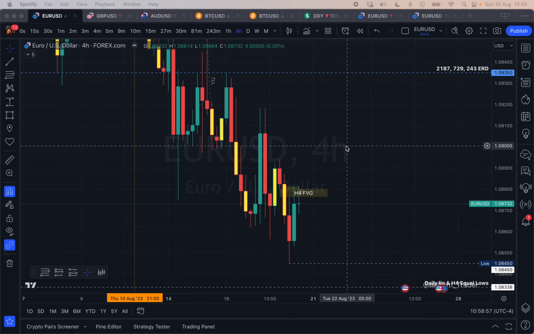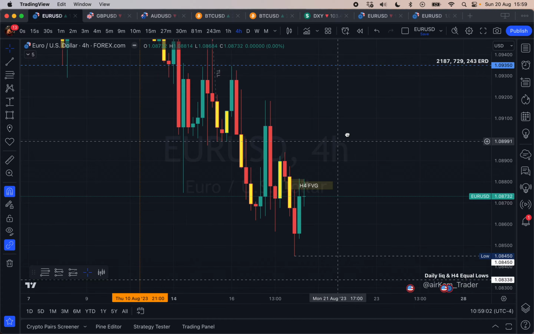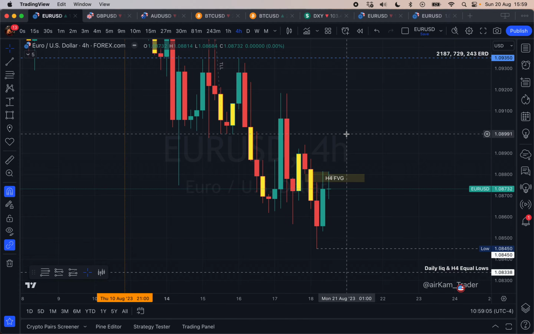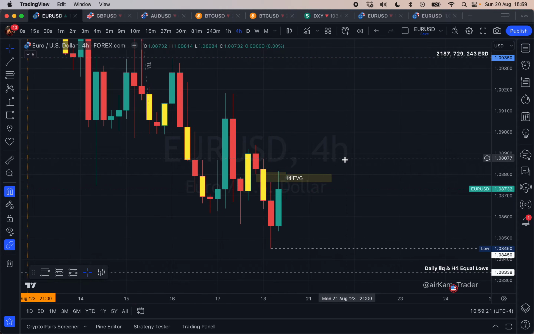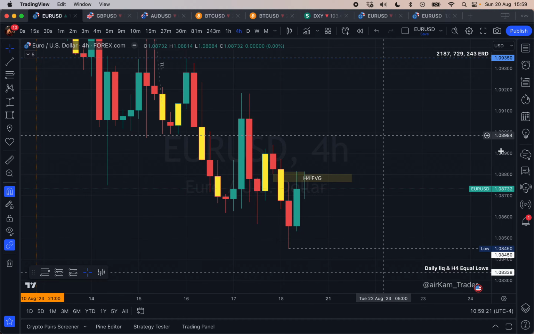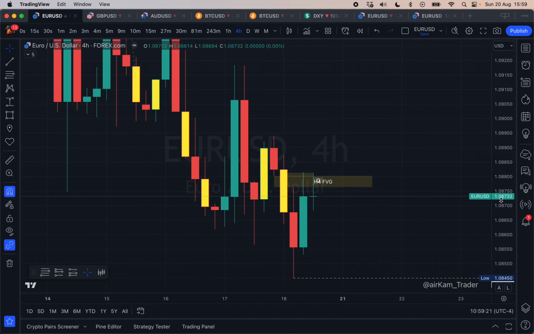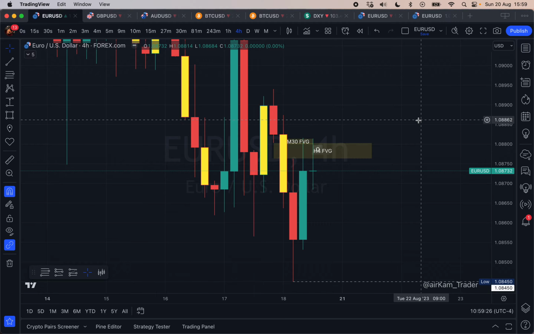Okay, so I only normally drop information like this to my mentorship program, but I'm feeling kind of generous today. So this is the short I'm planning. Not financial advice. It is Sunday when the market's open, and you really should trade during a kill zone, but this one looks juicy, so I'm going to take it. You may not understand these concepts, but that's okay. This is advanced stuff.